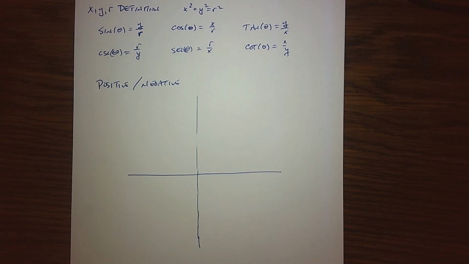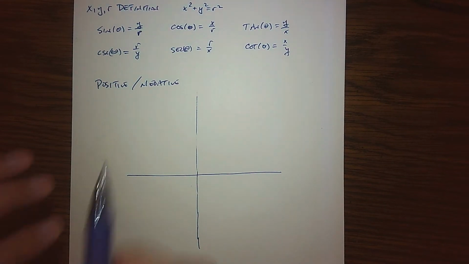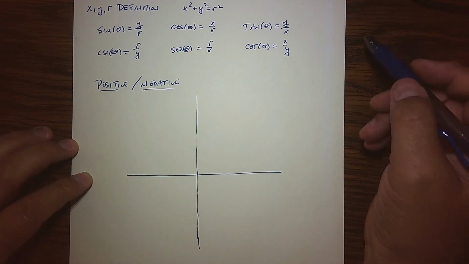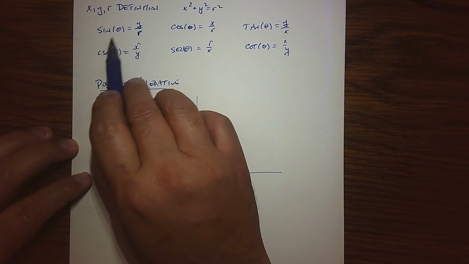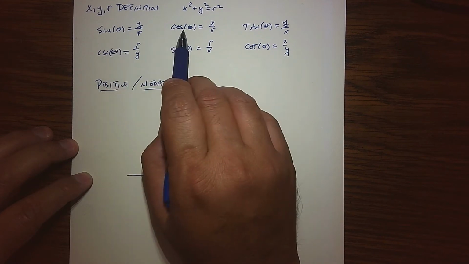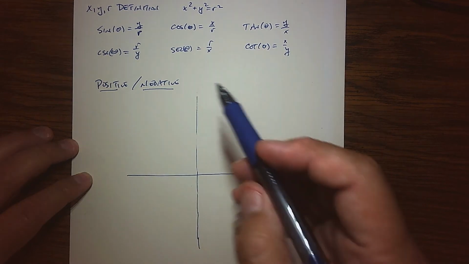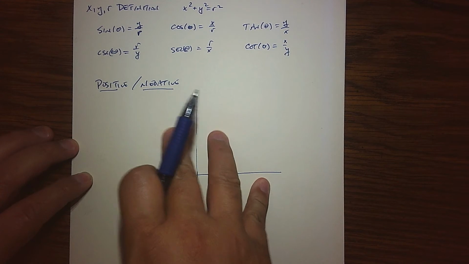Okay, and so before we do another round of homework problems, let's just review something we saw from section 1.3, and that is the positiveness and the negativeness of our sine, cosine, tangent, etc. So for what angles is sine positive or negative? For what angles is cosine positive or negative? Lots to remember here, but hopefully if we just remember the definition and our location, we can piece it together